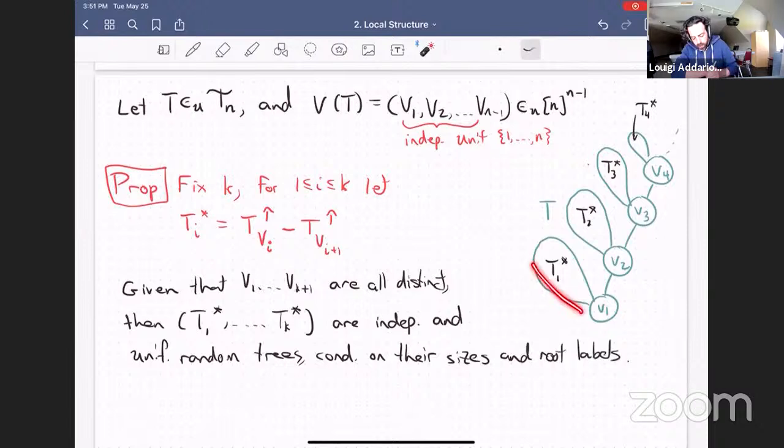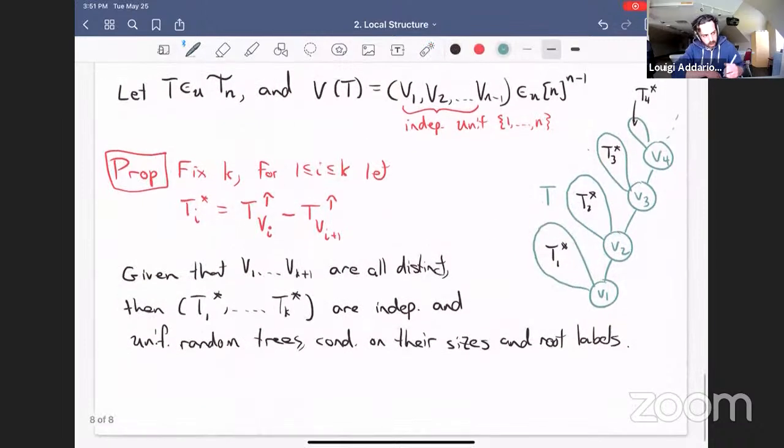Okay, so that's the first thing. If I tell you what's in here and what these labels are, then we just have a sequence of independent trees. And moreover,